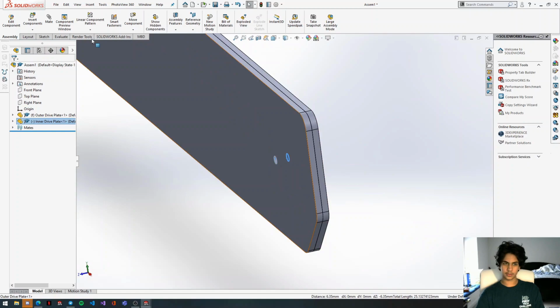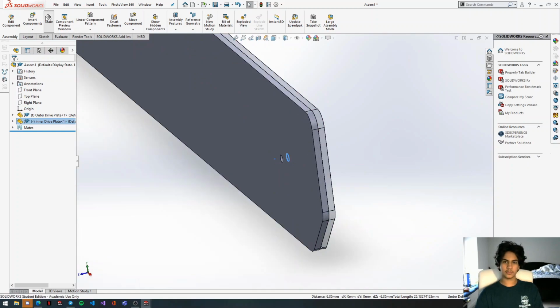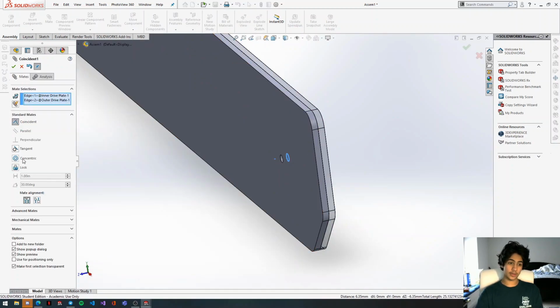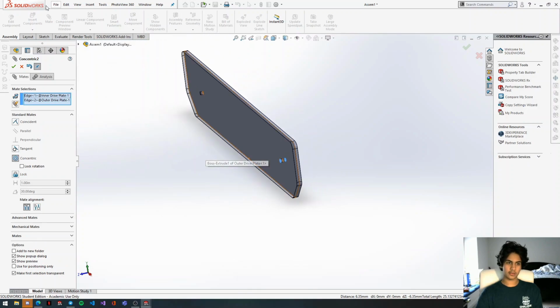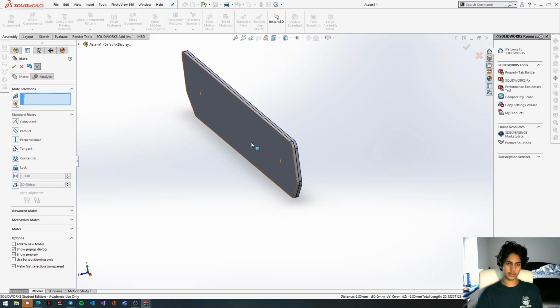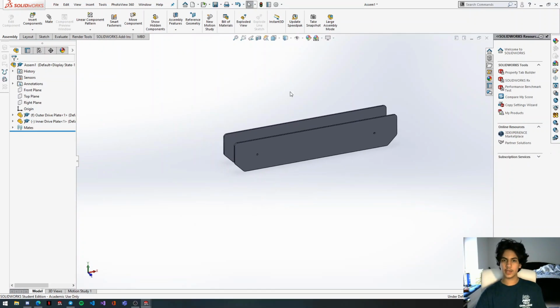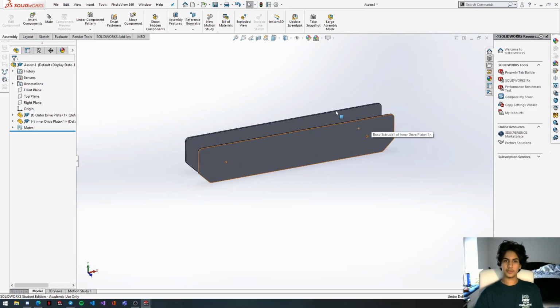Oh, I don't know why. Yeah, sometimes when you let go of control, maybe if you let go of it too fast, it will just not show up. So usually I just go to the mate menu and then fix that. We're gonna do concentric. Okay, so now that we have our parallel plates lined up,